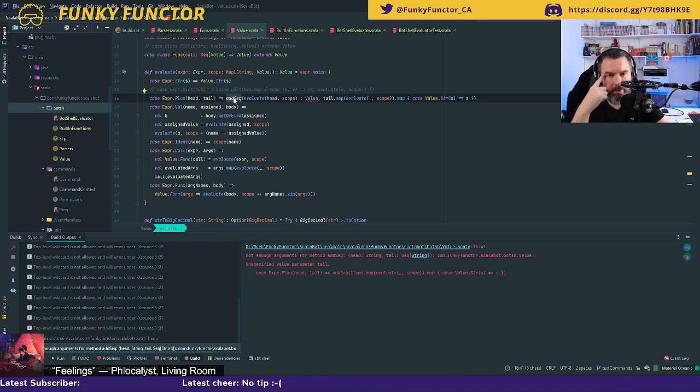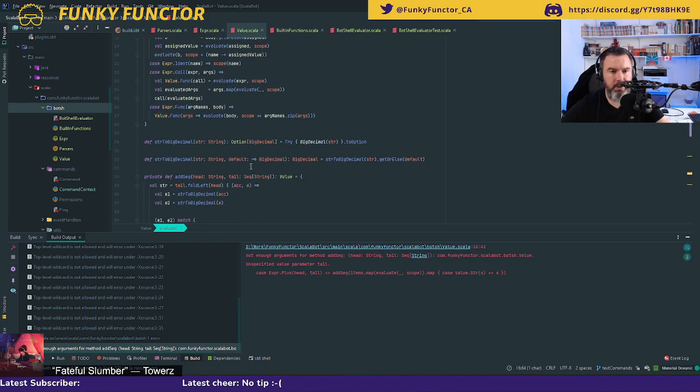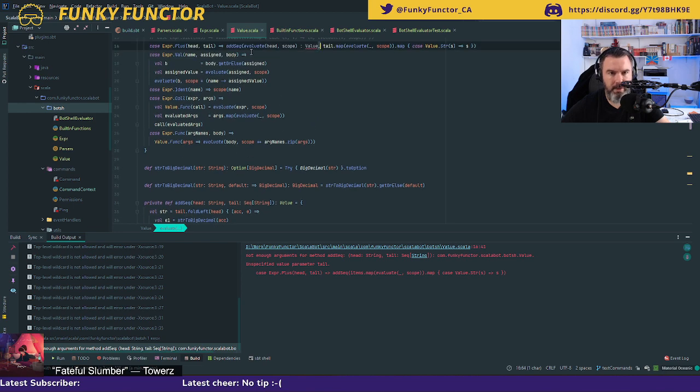So right now I am getting a value and a sequence of values, and I want to make sure that my value is a string. So I am just going to change the signature so that this add sequence takes a value instead of doing this.